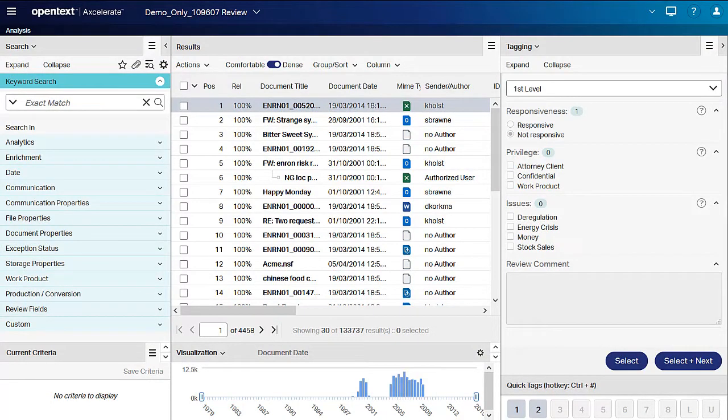Annotations allow you to draw attention to a specific part of a document by adding a callout in the form of a shape, highlighting, or text. Annotations can be added to the near native or image view of a document if available. It is important to note that annotations are stored separately from the document and can only be viewed in Axcelerate